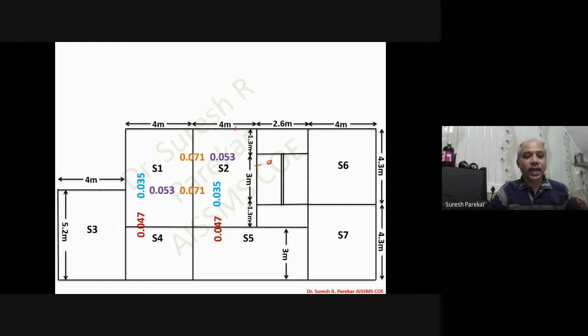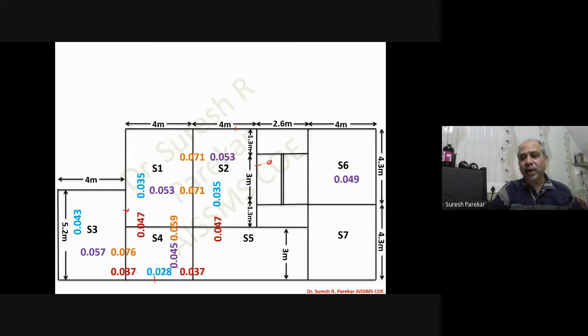For S3 we have three edges discontinuous, or I can say one long edge continuous. For this we are going to get along short span 0.057, and at support 0.076, but along long span we have only support moment 0.043, because the edges along long span are discontinuous. To go to S4, we have one long edge discontinuous, so for this we have 0.045 and 0.059 along short, and along long we have 0.028 as span moment, and support we will have 0.037.